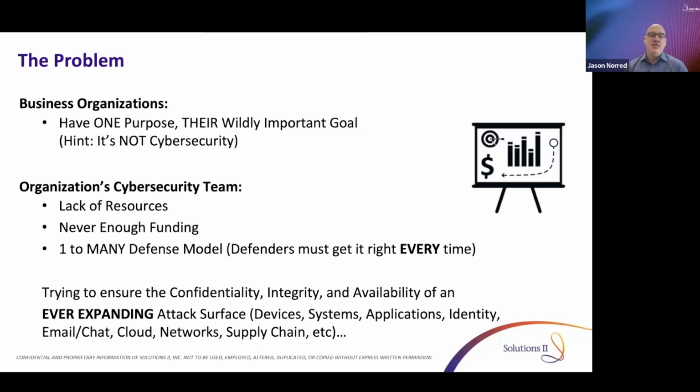And most of the organizations that we engage with and I talk to on a daily basis all have the same problems. There's a lack of resources, there's never enough funding, and it's a one-to-many defense model, meaning we have to get it right every single time. So all those hundreds, thousands, tens of thousands, hundreds of thousands of attacks that get launched our way, we have to stop all of them, not just 99% of them. And we're doing all of this while we're trying to ensure the confidentiality, integrity, and availability of our ever-expanding attack